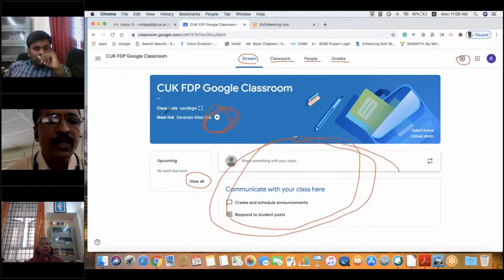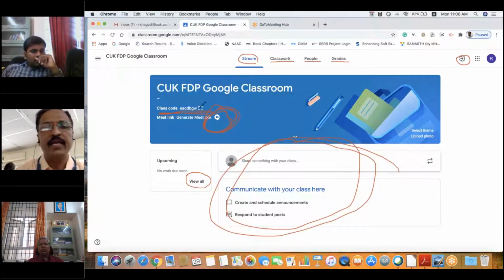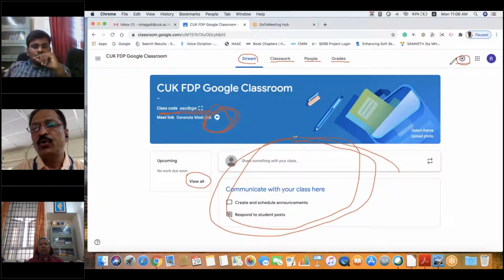Above this, you can find there is a class code. I have underlined this class code. This also is very, very important. Why? Because when you want to ask the students to join the class, you have to share this class code with the students. As I was telling, there are 2 ways to join a class. I will show you both the ways. So let us understand the features that are available in the entire class. One, I have shown you the class settings. Another, the 4 menu options: stream, classwork. We will visit every menu option in detail and I will show you.